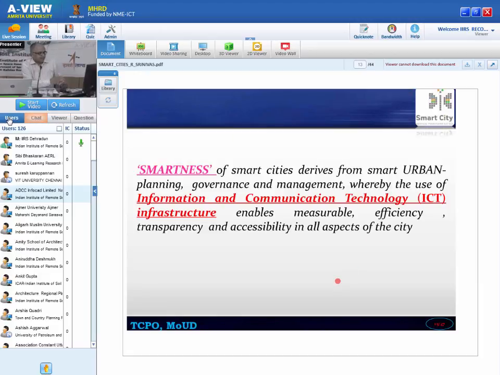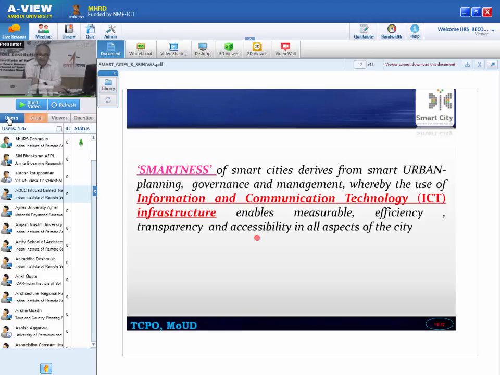Now, we have tried to evolve some sort of a definition, to conclude that the smartness of smart cities derives from smart urban planning, governance and management. These three words, urban planning, governance and management, whereby the use of ICT enables measurable efficiency, transparency and accessibility in all aspects of the city, whether it is governance, whether it is